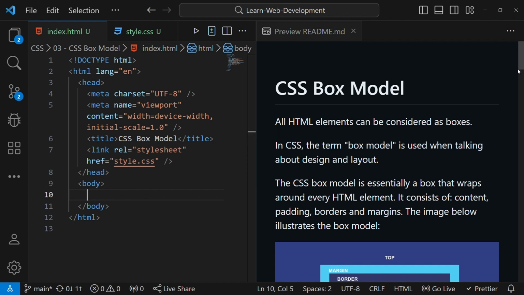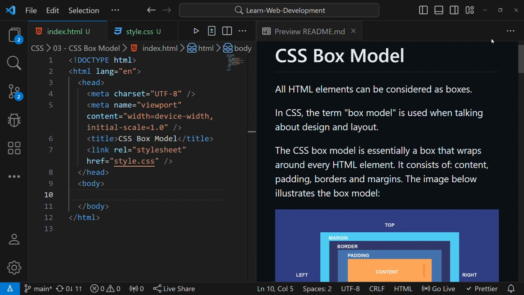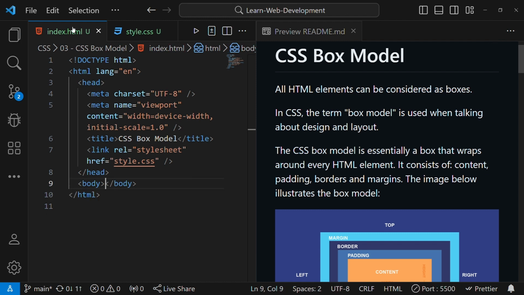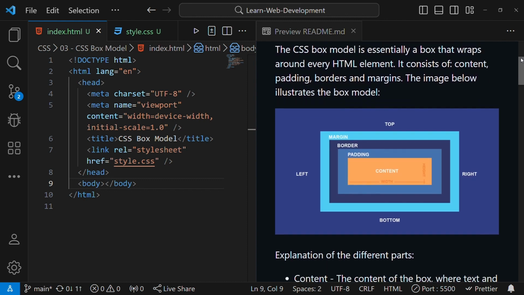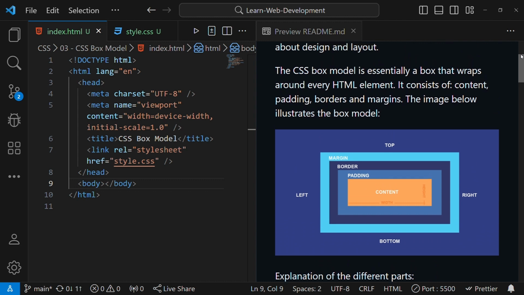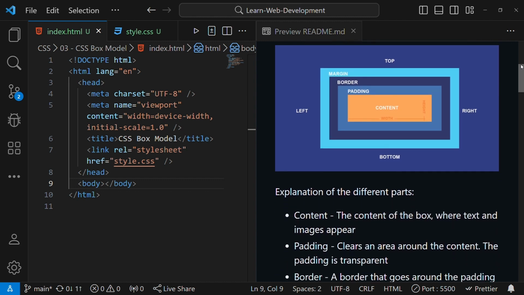So first let us learn about the box model before we start writing the code. While learning about the box model, you have to know one thing, that all elements are considered as boxes. So when you're doing CSS, you can consider all elements as boxes. And a box consists of a height, width, content, padding, border, all the stuff that we mentioned above. So let's start learning about one element at a time. The first element is the content, and the content of the box is where the